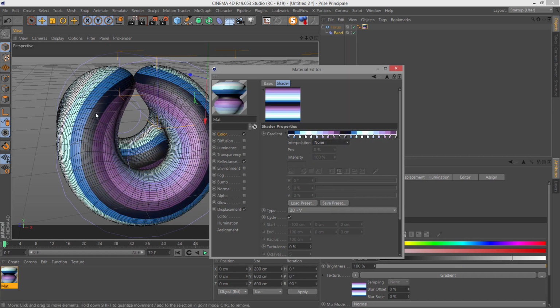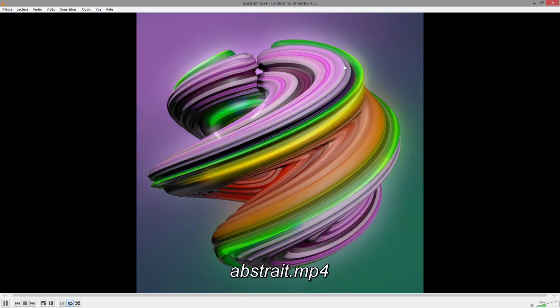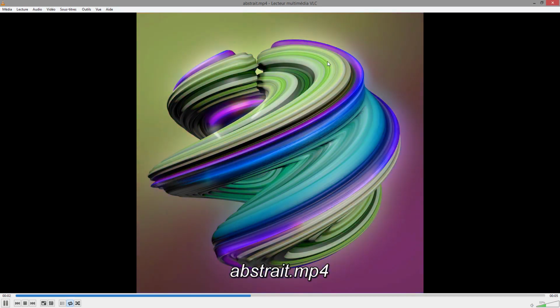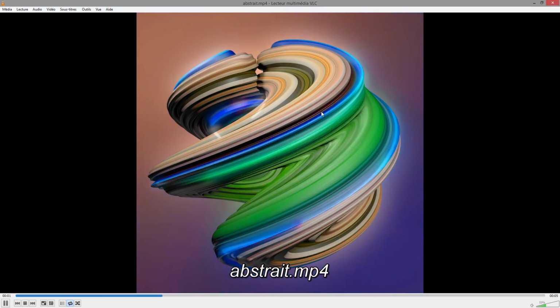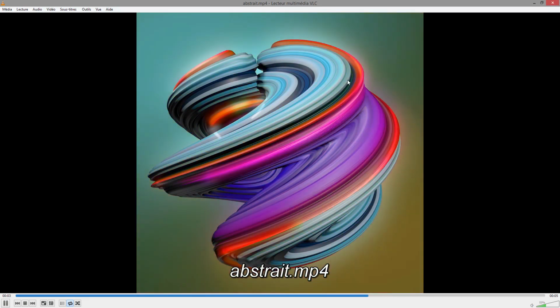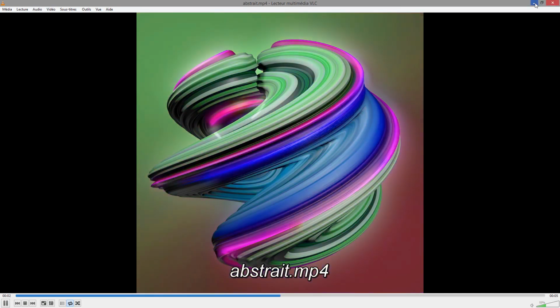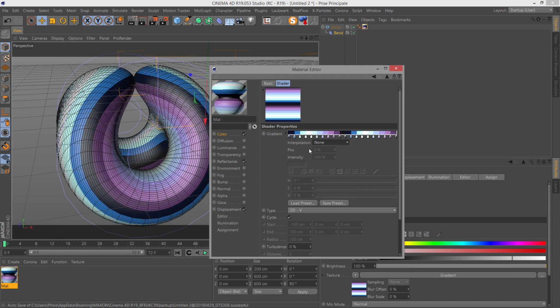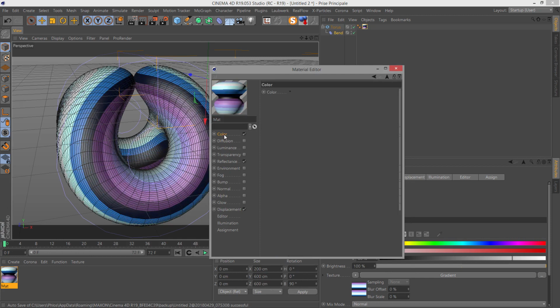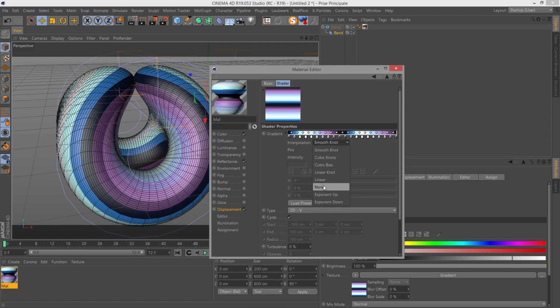Smooth, it's smooth. So if you want a sharp transition like that, here it's a sharp transition, as you can see. You can see the line clearly. It's very sharp. So if you want a sharpened line like that, you have to make it none. And if you want rounded corners here, you want smooth. So I will make it sharp. I'll put it on none. And I will copy it again, go to displacement here and put it to none too.